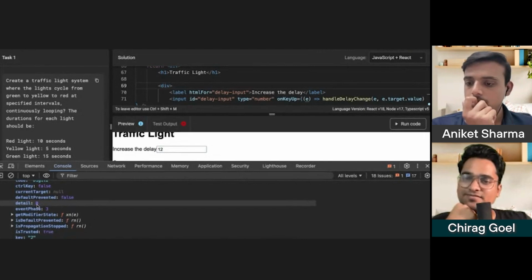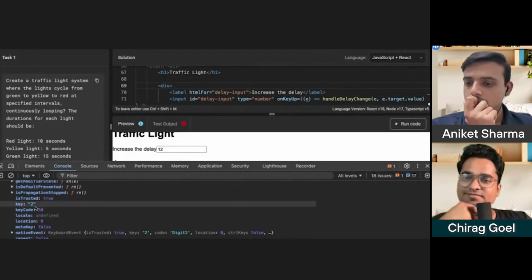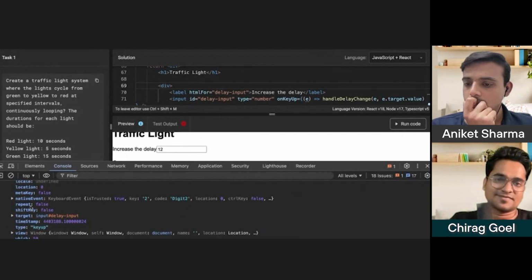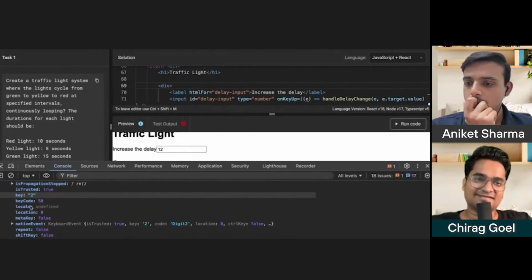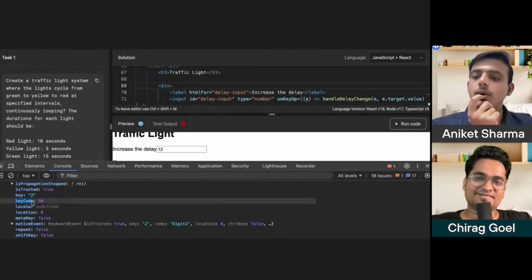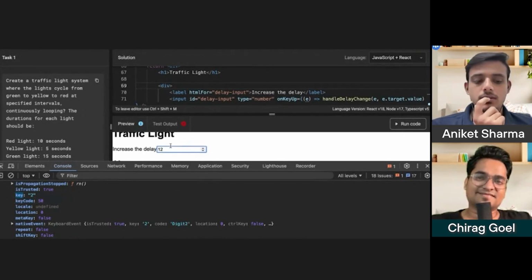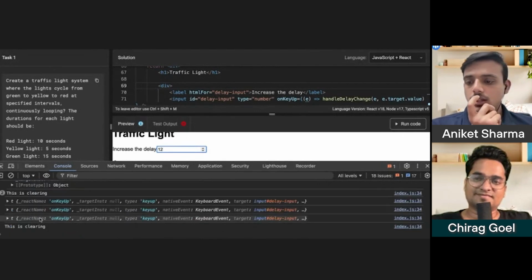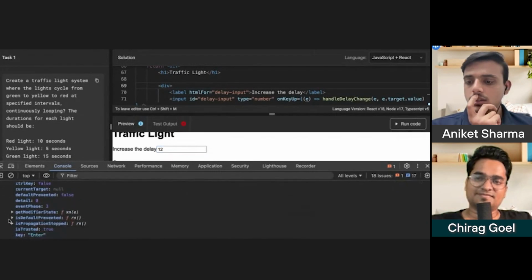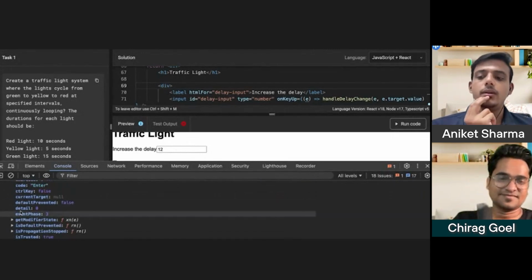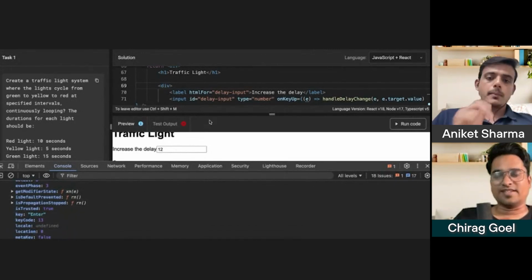What you're looking for is not the code, it is the key. Oh, okay, not the keyCode, but the key. So if I type enter here, the last event shows key is 13, keyCode is 13. Okay, sounds fair. Let's do it quickly.